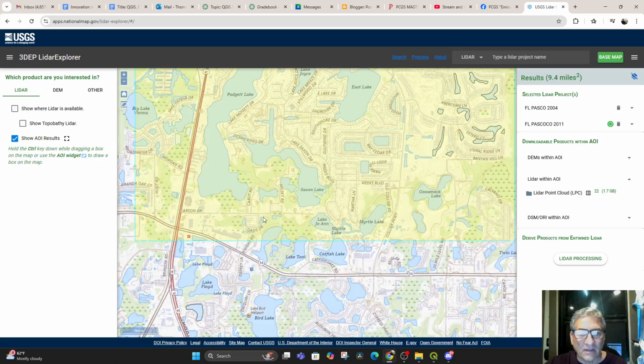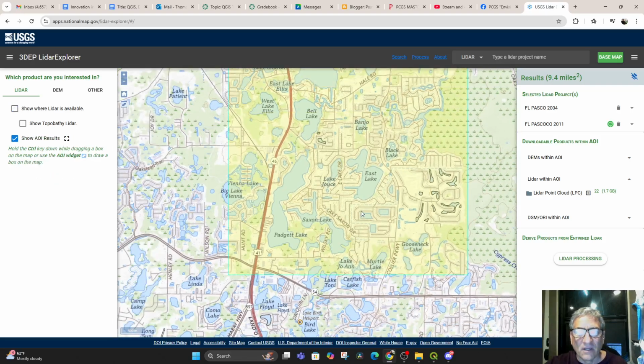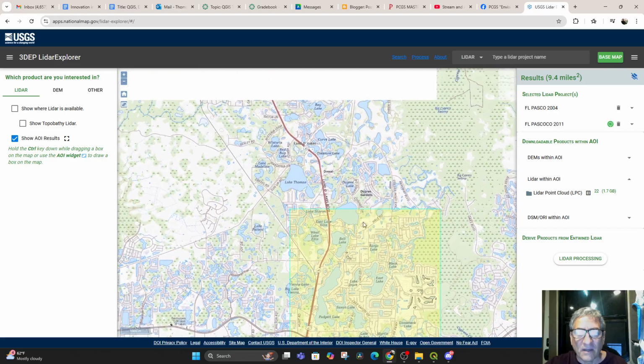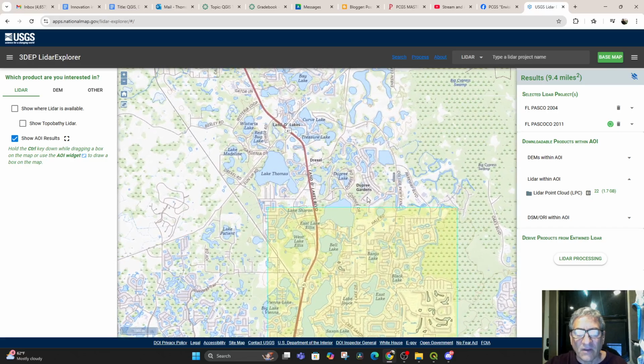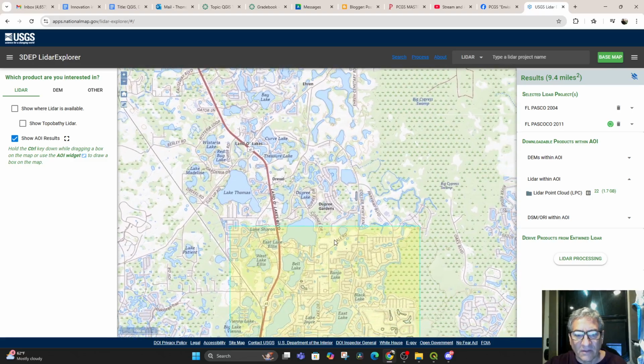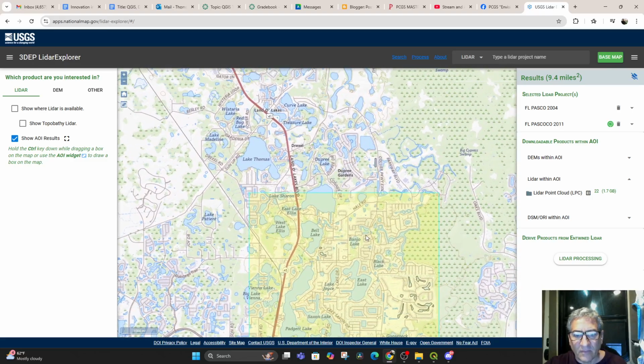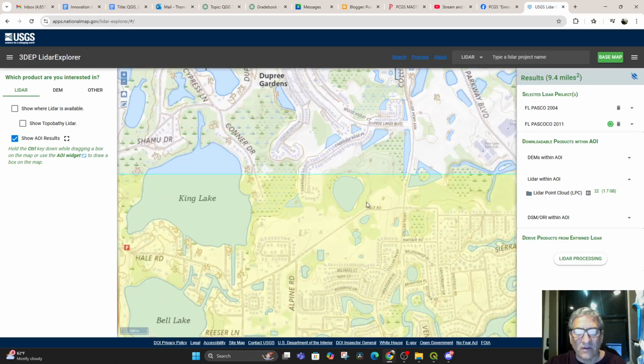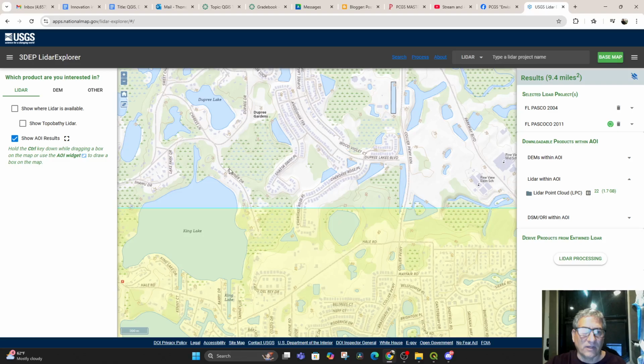I'm going to start like this and find the actual lake. There's Bell Lake, Dupree Lakes, and Aaron Cutoff, East Lake, Black Lake. There it is, Hale Road. So we're this one here. This is the one we're looking at. So we want to just get this here,